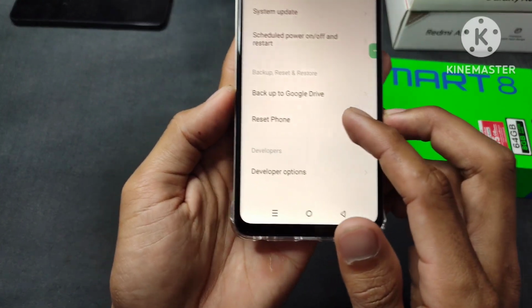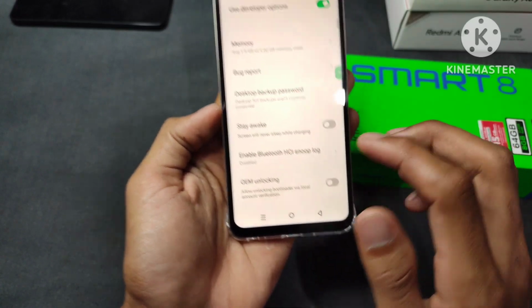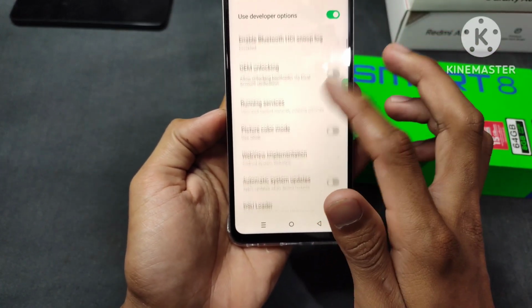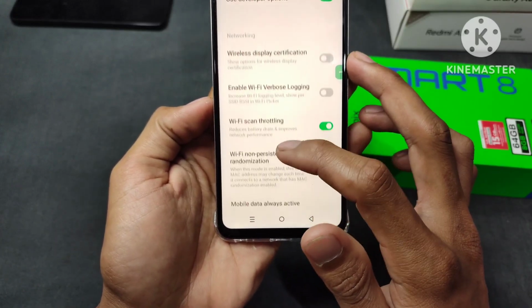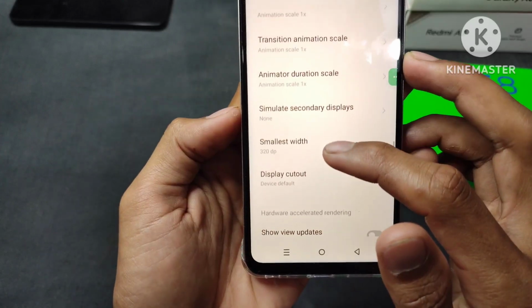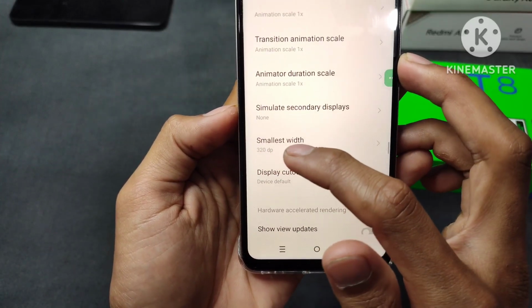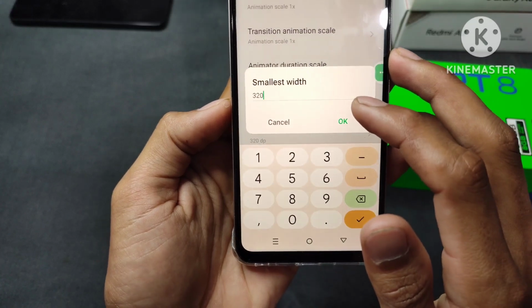So there is the filter at the bottom. You can open it and you can scroll down until you find the Minimum Width, or here it appears as Smallest Width. You can tap on it and you can change it